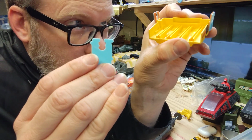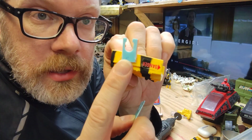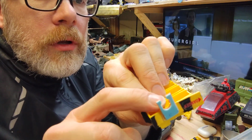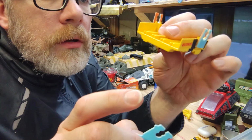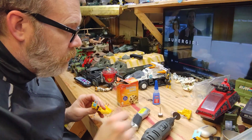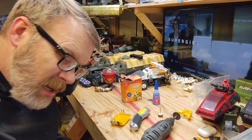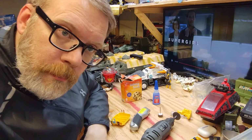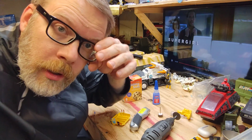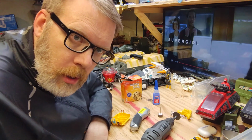Which now that I look at it, I think this is the one I was supposed to use, and I used the test one on this side, so it's only got material for the clipping onto the turret on the orange part, but that's where the super glue comes in, and super glue and baking soda, because when you put a drop of super glue on something, if you dust it with baking soda, it immediately hardens, like hardens like a rock,